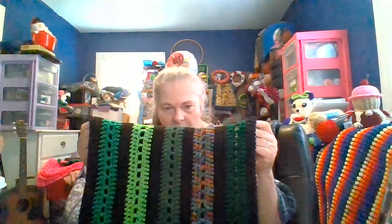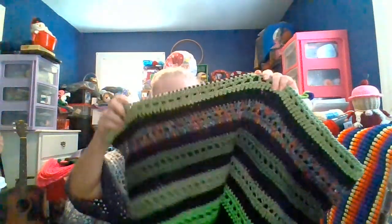Oh, I do have another finished object. Ooh, I can use this as a finish WIP. I just haven't done it yet. And I finished my Luck of the Draw. This Luck of the Draw is finished, and I have no plans at the moment of starting another one,